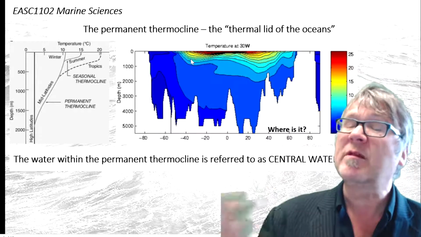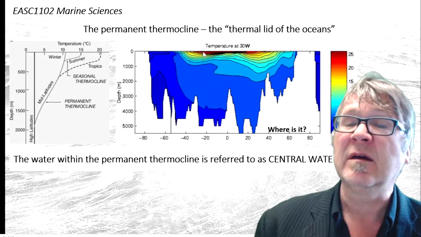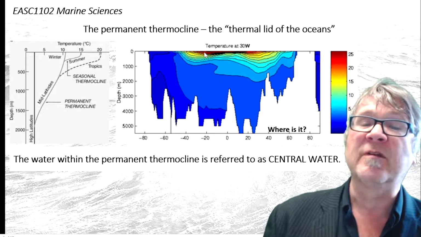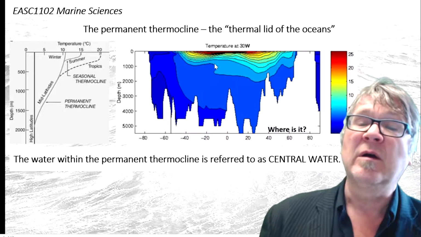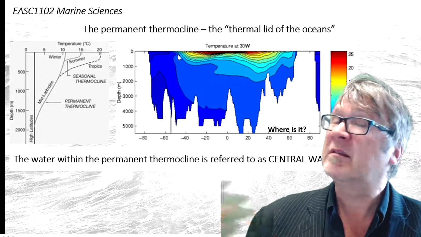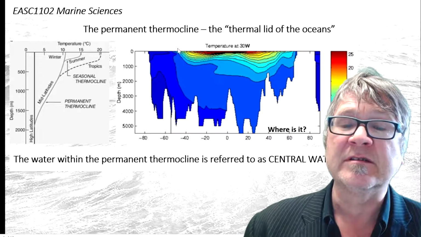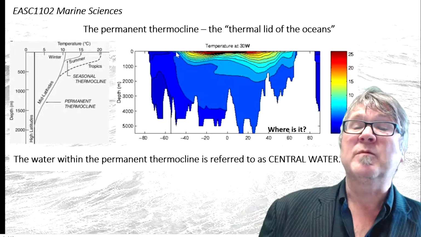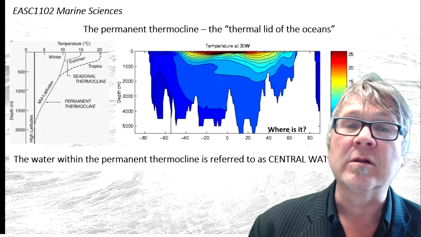And this is what we call the permanent thermocline. It is the transition between the red near the surface, or it can turn into green near the surface here, and the water that we find, sort of the light blue. So it's between the surface and a depth of about 1,500 meters. But it disappears, it doesn't exist in polar regions. You can't see it north of 50 degrees here in the Southern Ocean. It disappears. And this is what we call the permanent thermocline, and the water contained within it is called